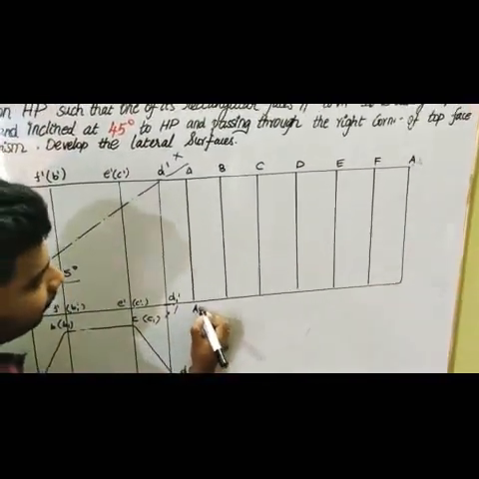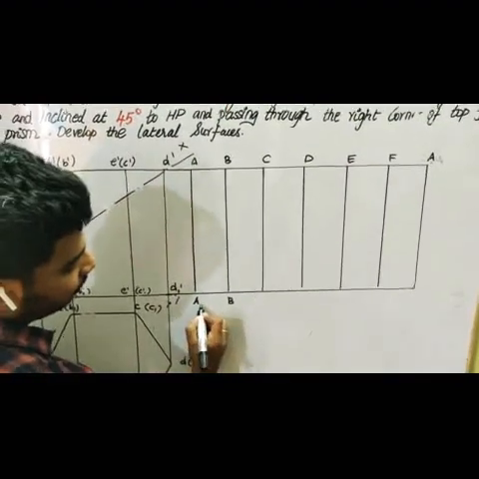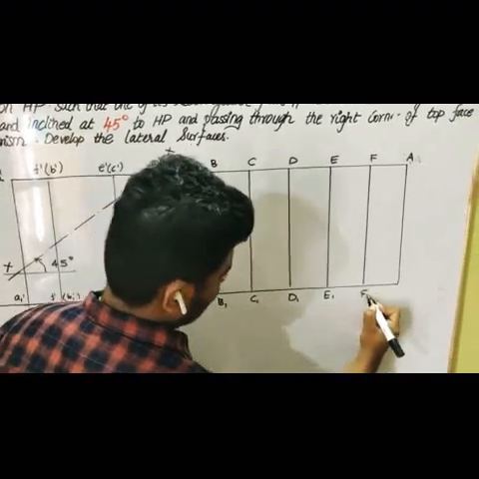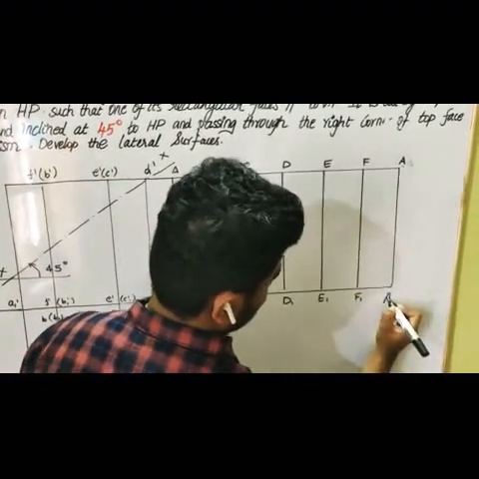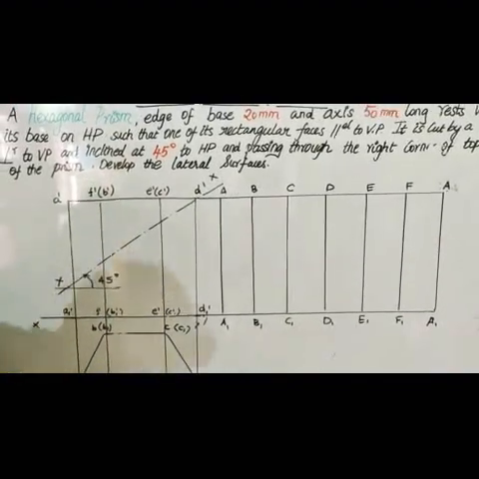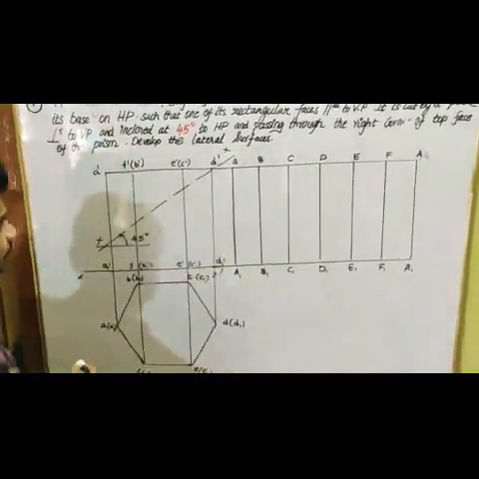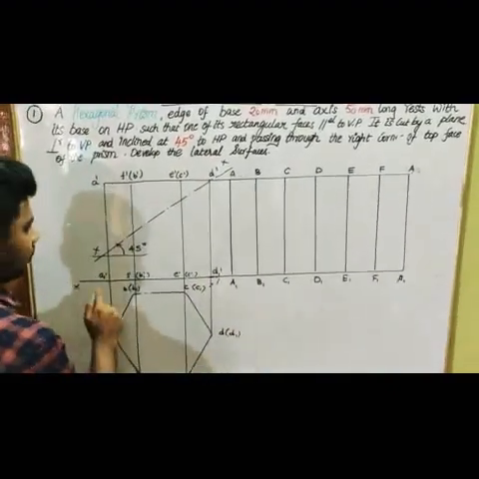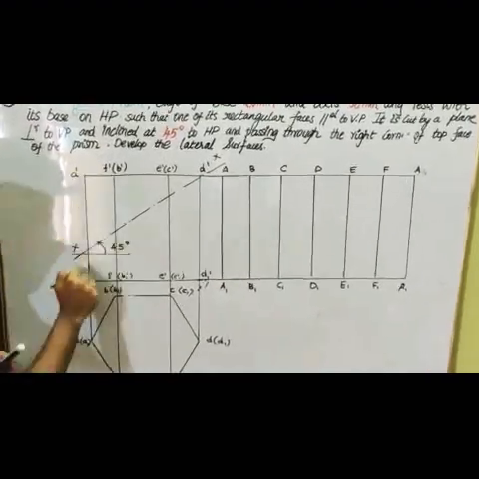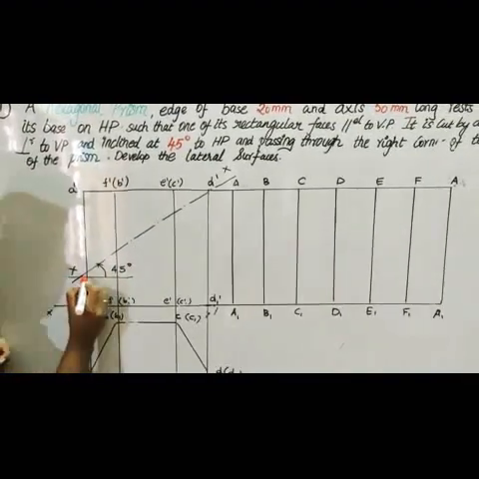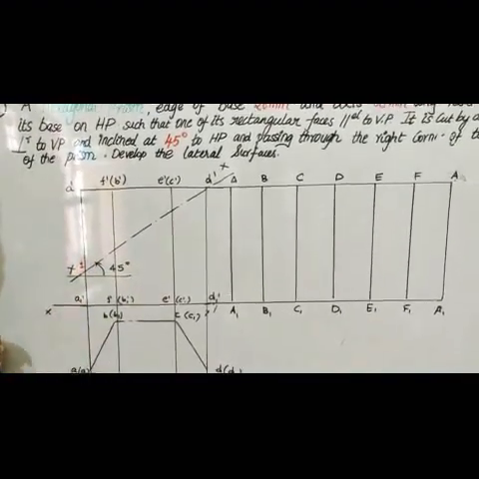So the bottom name will be A1, B1, C1, D1, E1, F1, and again it is A1, right? So I am going to give denotations for my cutting plane. So how to give denotations for a cutting plane? Whenever the cutting plane passes the edges, those edges should be given a name. So for example, this A1 edge is passed through by the cutting plane at this point, and this point can be given as 1, right?